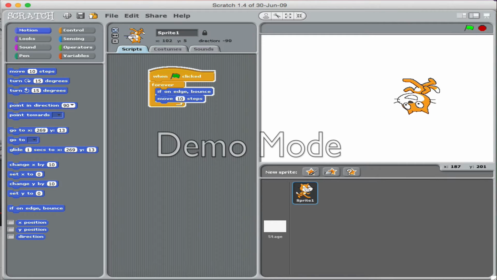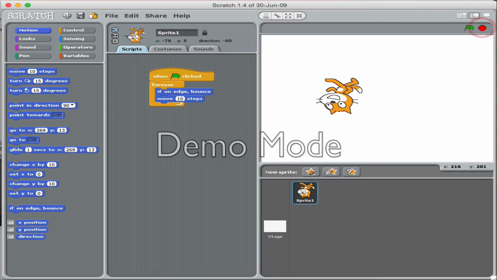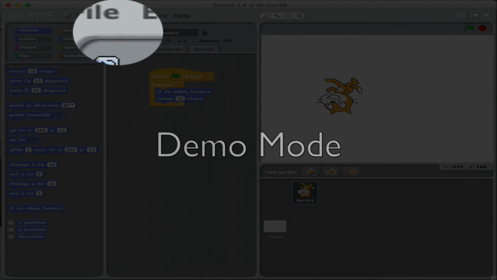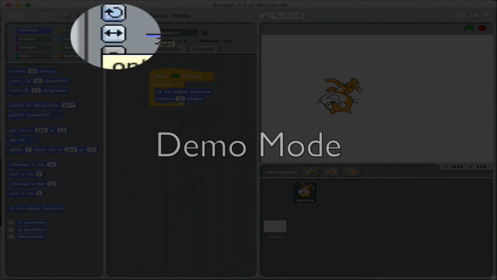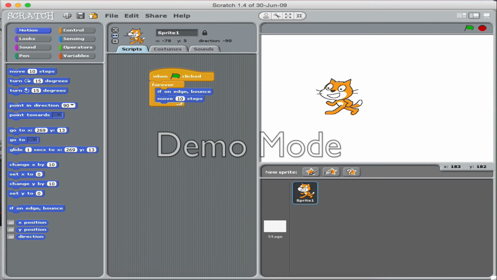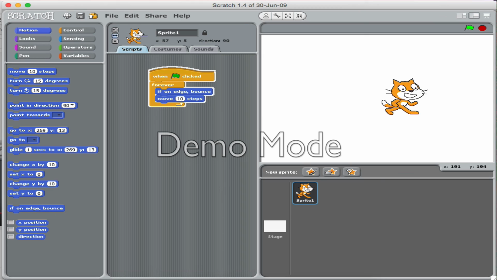So here, technically it's doing what we want it to do, bouncing off the walls, but it flips the cat upside down. So we're going to stop the script right now. So what we want to do is come up here above the script area and we have some options over on the left. So here we have the option where you can rotate it, which is what the cat is doing. But what we want it to do is to only face left and right. So if we click that option and come back and click the green flag, there we have our cat